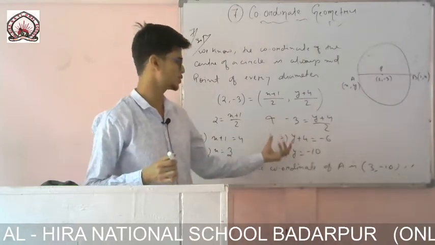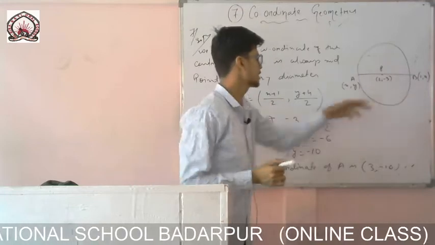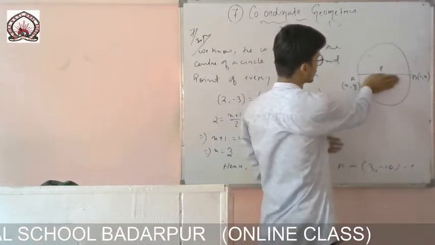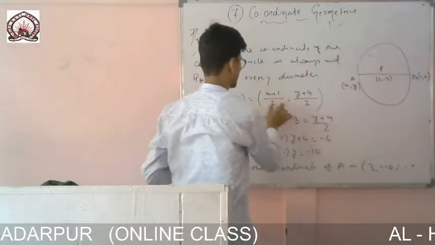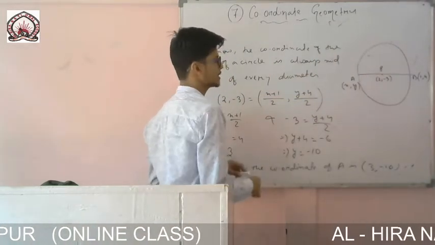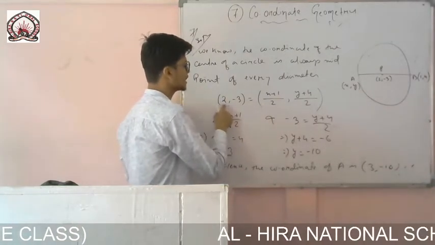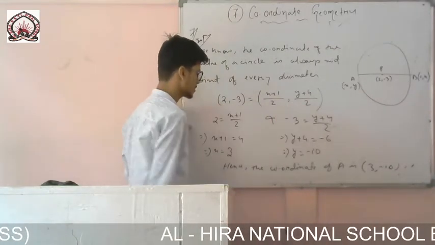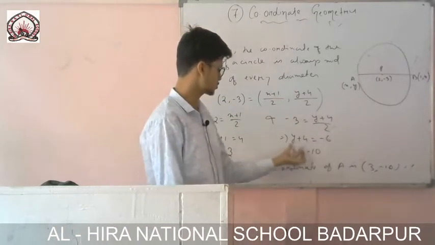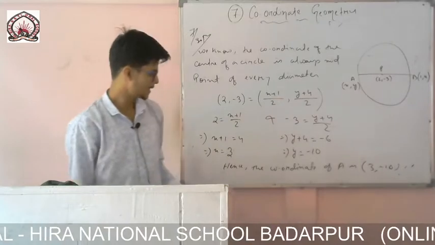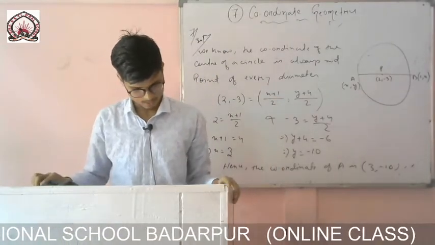Just you have to use the formula. So what I have done, you see this point is the midpoint. With the normal formula, if I don't know this one, then how will I find it? x1 plus x2, y1 plus y2 divided by 2. Now this point is given, so if I compare, this one will be equal to this one, and that one will be equal to that one. So on comparing, we get x is equal to 3 and y is equal to minus 10. So hence the coordinate of A is 3 comma minus 10.